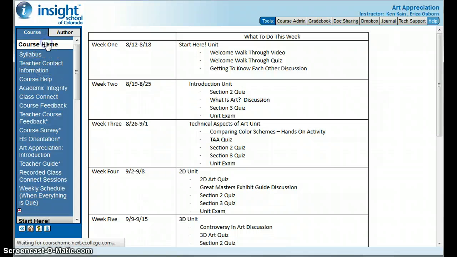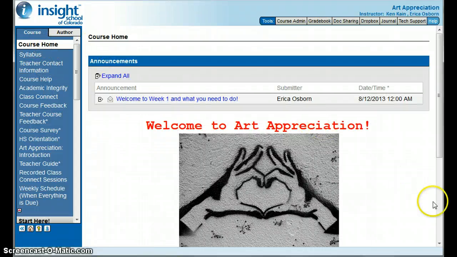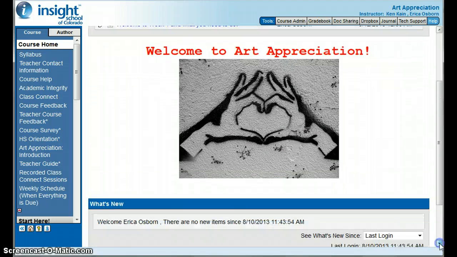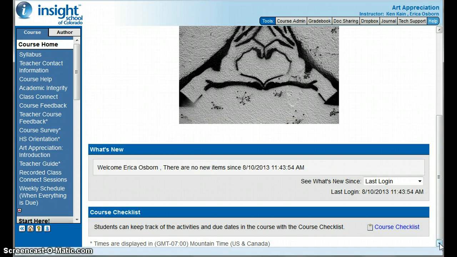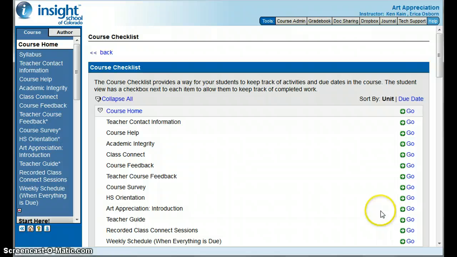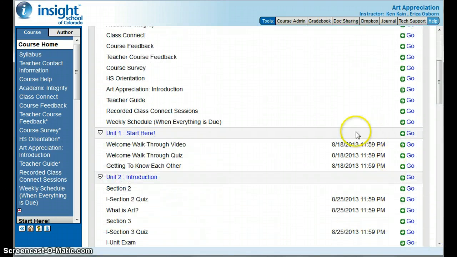But then also, right when you open up the page, go all the way down to the bottom here. I know this is in a very inconvenient place, but I can't move it. And go to Course Checklist. This is the third place that you can go to figure out what is due. You see right here, these are due dates. Okay, it will have an assignment, a quiz, a discussion, whatever, and everything that is due, everything that needs to be completed will have a due date.